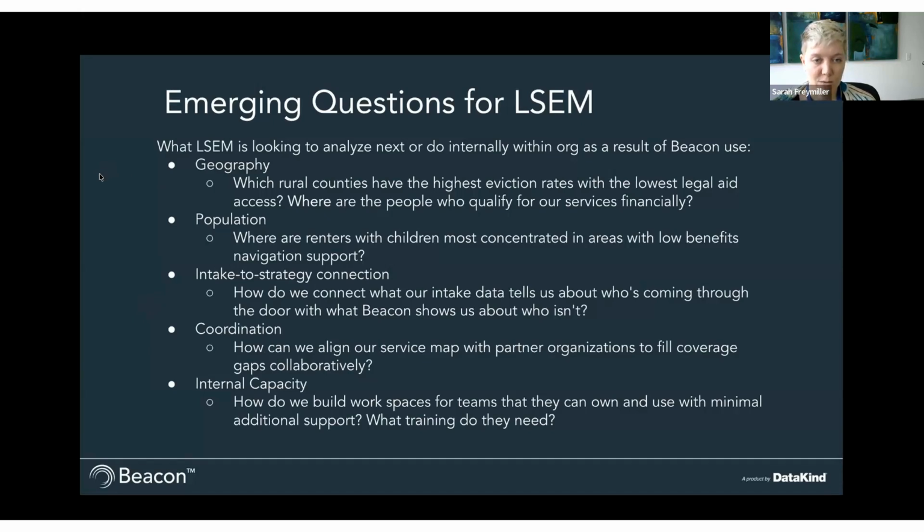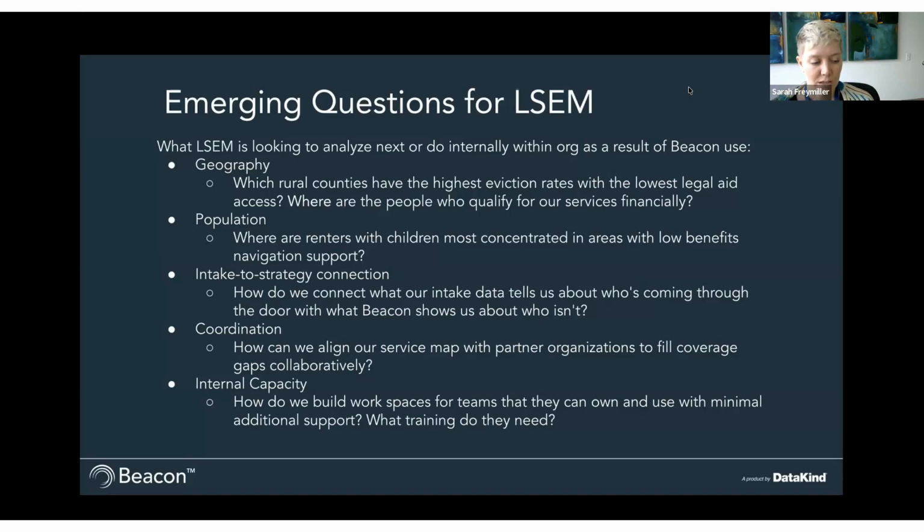For example, talking with our rural offices, they have told me it's hard to know where people are located who might benefit the most from our services. They have to do so much driving in a given week that they really need to be intentional about where they're showing up and who they're working with.